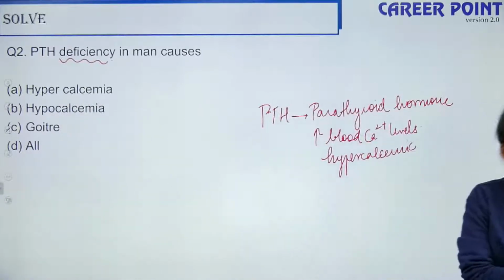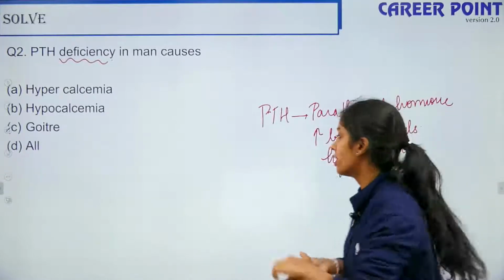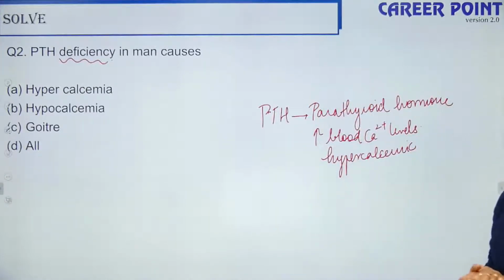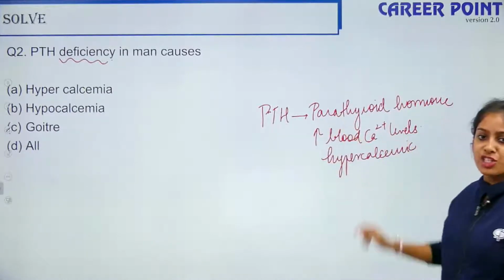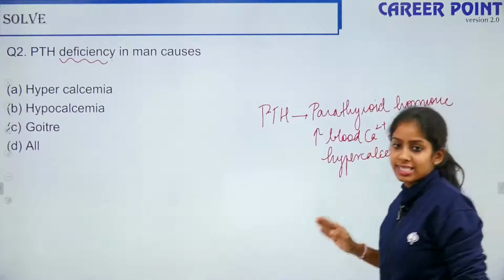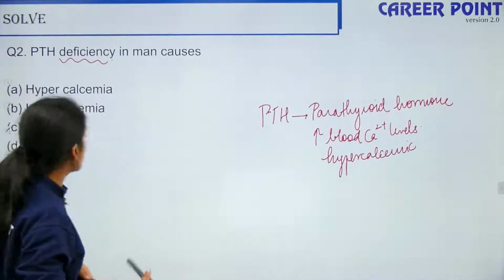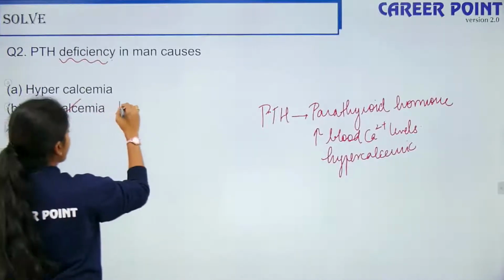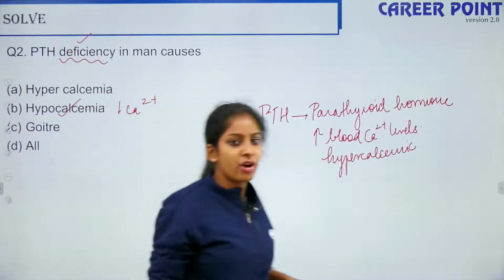If you have a deficiency in your PTH, what will happen? So I told you the function of PTH. PTH is your parathyroid hormone. So this leads to the increase in blood calcium level. Thus, it is a hypercalcemic hormone. So when I have a deficiency in my PTH, what will happen? So it leads to hypocalcemia, decreased blood calcium level, because I have a deficiency. Yes, you're right, Antonia B.